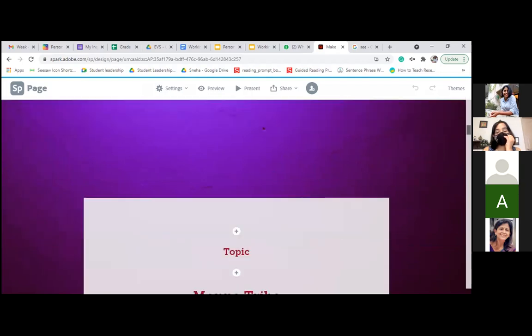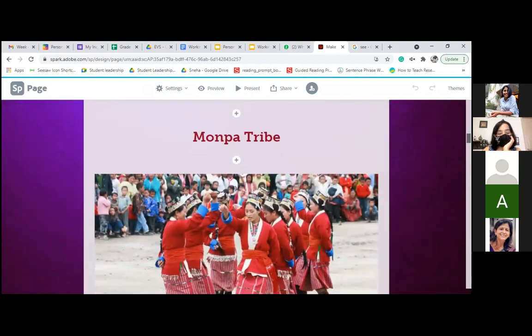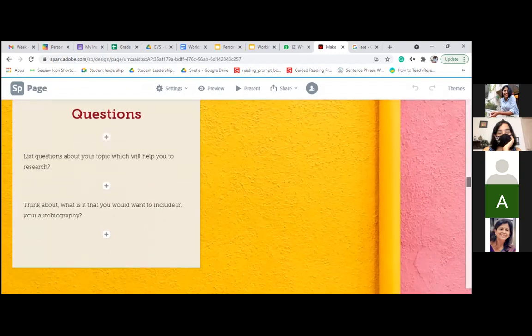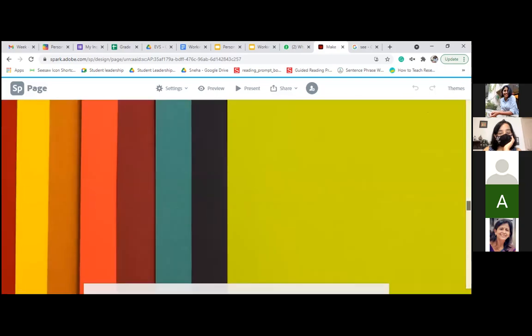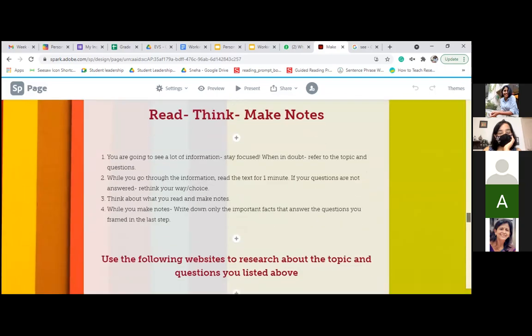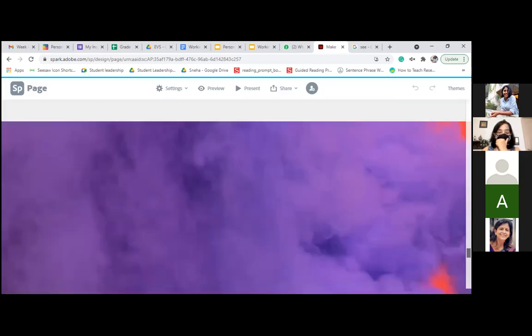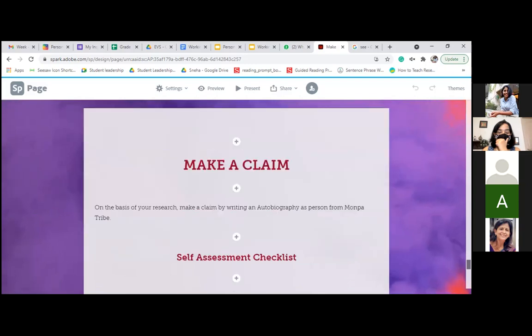So let's say I have to select the topic. Then there are questions for them to discuss. As in when they move forward, they just scroll down. Like this is step 2. Now you have to... These are all the instructions over here. All the resources which were shared, and like this is their entire group work.